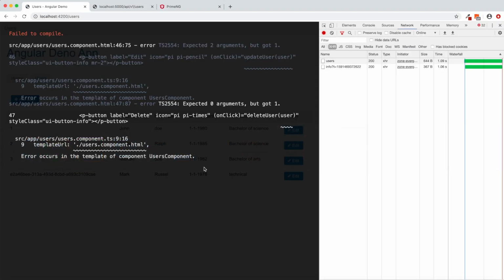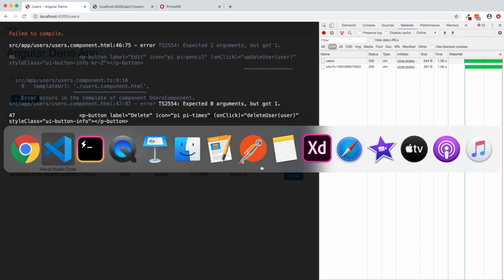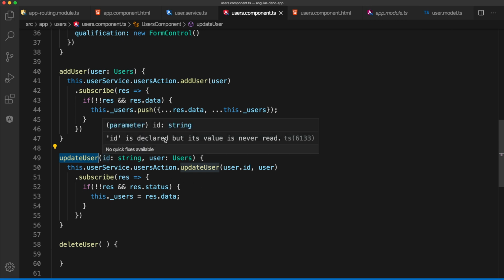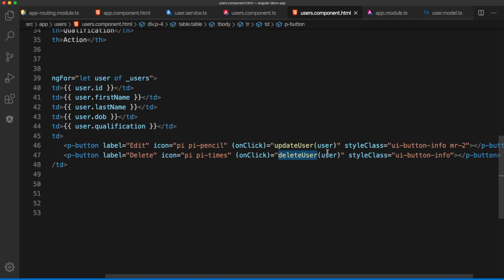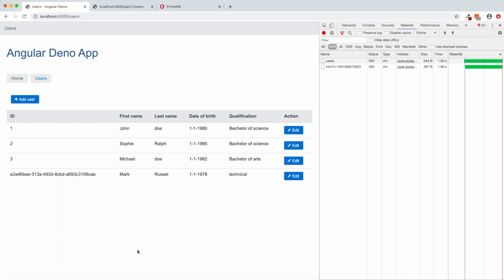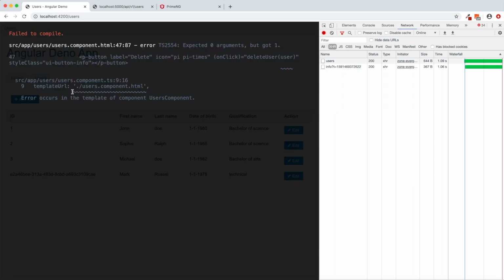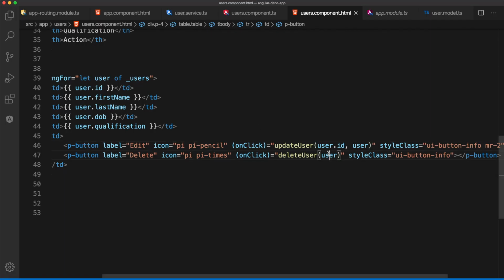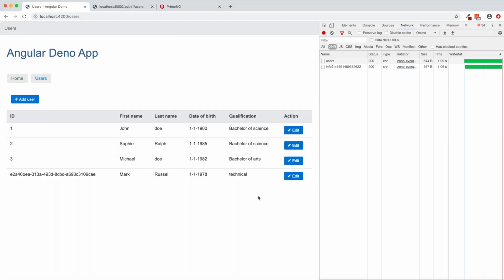Okay, so let's go to the HTML. What it says is delete expects two arguments but got one. So it needs two arguments basically. So if I come here, I put user.id. Okay, and what else? Delete user doesn't have anything yet. So okay,